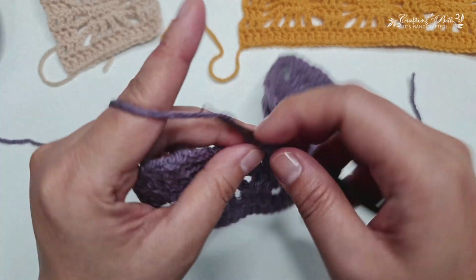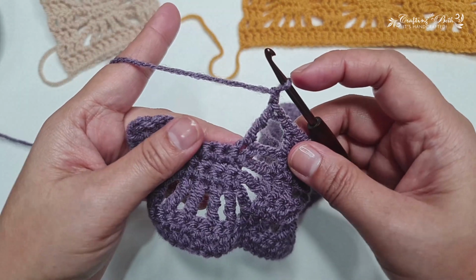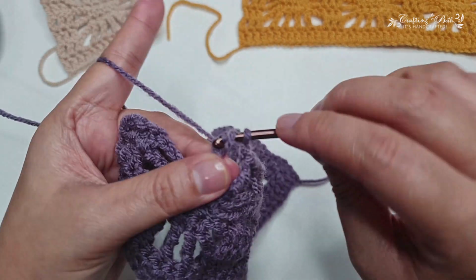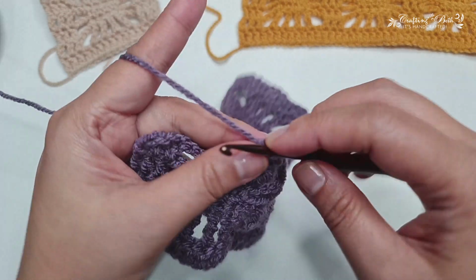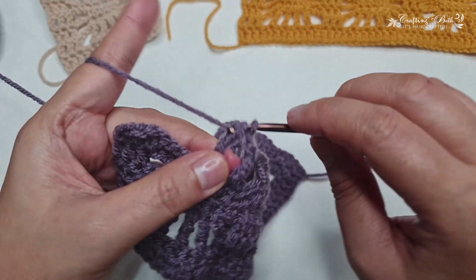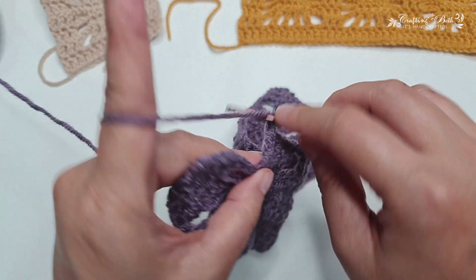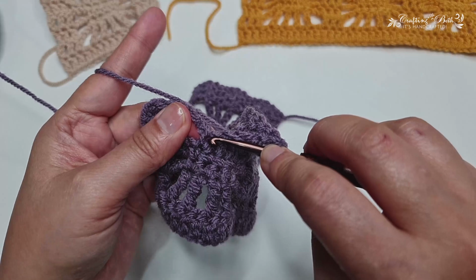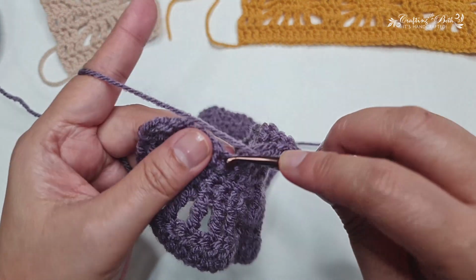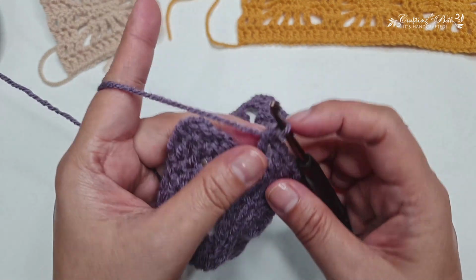Make a treble crochet into the first single crochet, chain 1, make a treble crochet into the next single crochet, chain 1, and make a treble crochet into the next stitch, and chain 1 again, and one last treble crochet, chain 1,